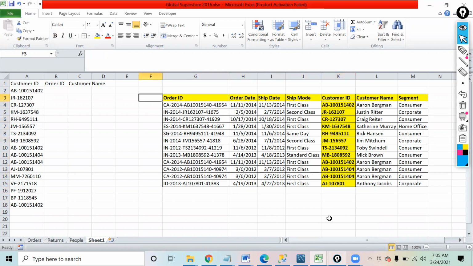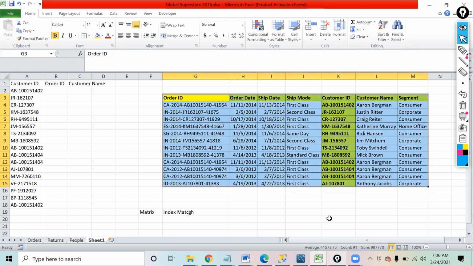If you see, these are the columns and these over here are the rows. We just have to understand and keep in mind the concept of matrix. If we keep the matrix in our mind, index match can be used very easily.